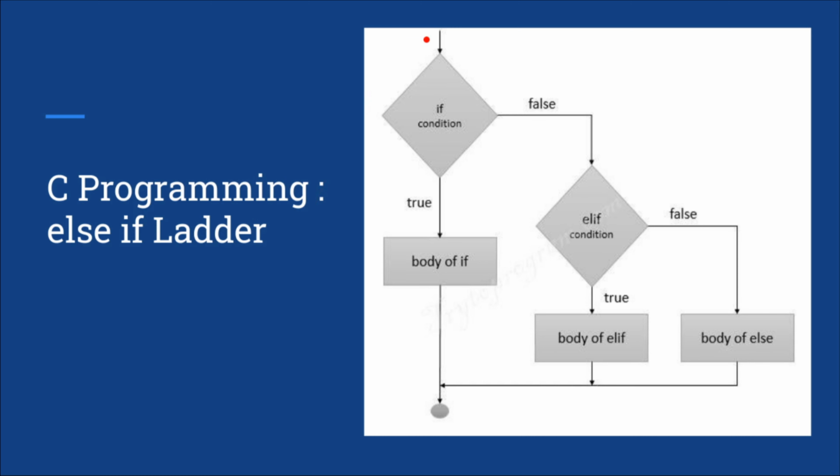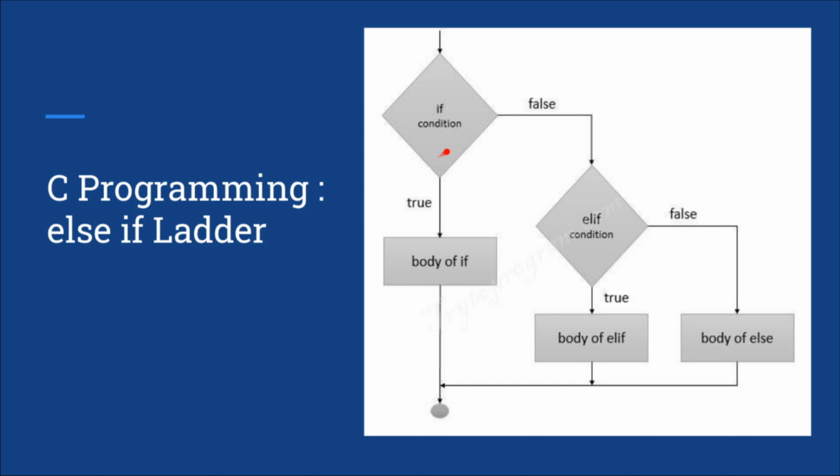So what is that? In if else, we have a limitation that we can only use one condition in if, and if the condition is true, if will execute, and if the condition is false, then the else will execute. So either the condition will be true or false. We have only two possibilities, only two blocks. To remove this kind of problem, we have the else if ladder, in which we can add multiple conditions, and based upon that we can write multiple blocks. That is the reason we use else if ladder in C or any other programming language.